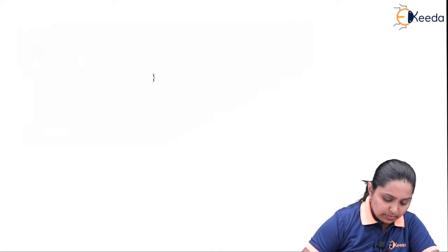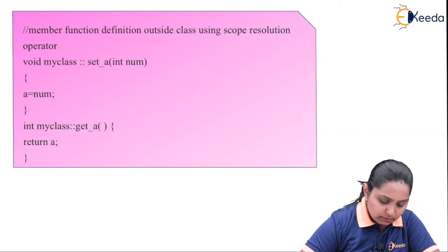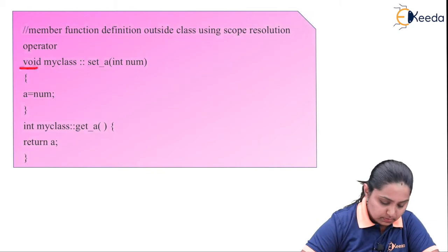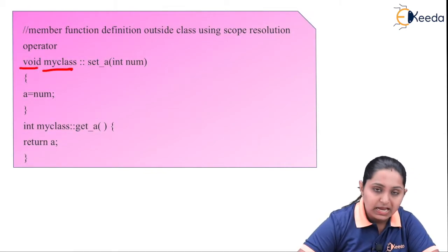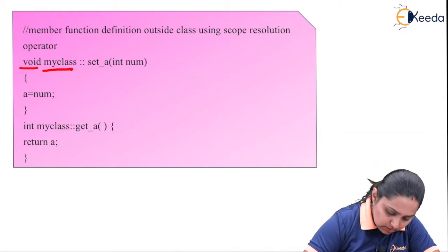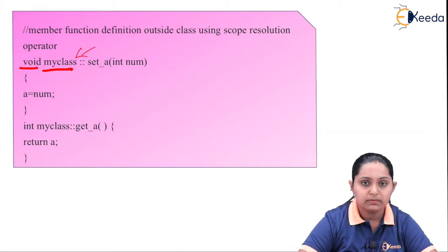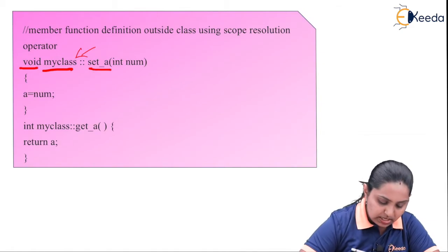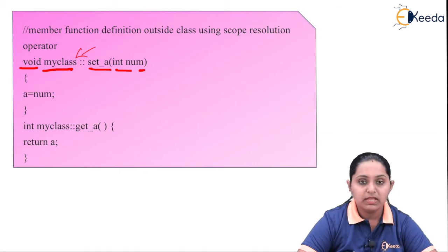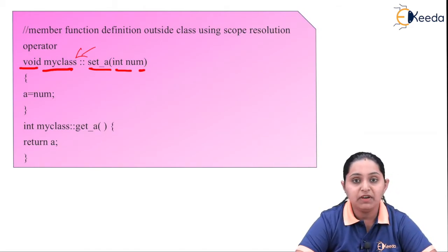See, void, the return type of that function, MyClass, that is the class to which it belongs, then the scope resolution operator, the function name and the parameter int num. So with the help of this signature,